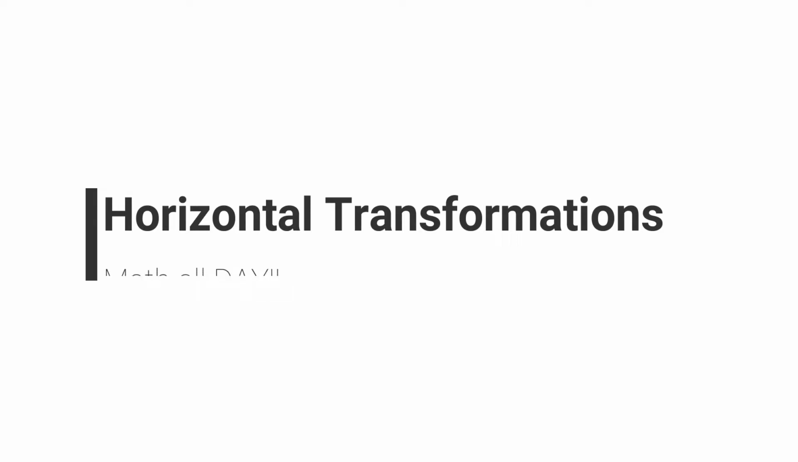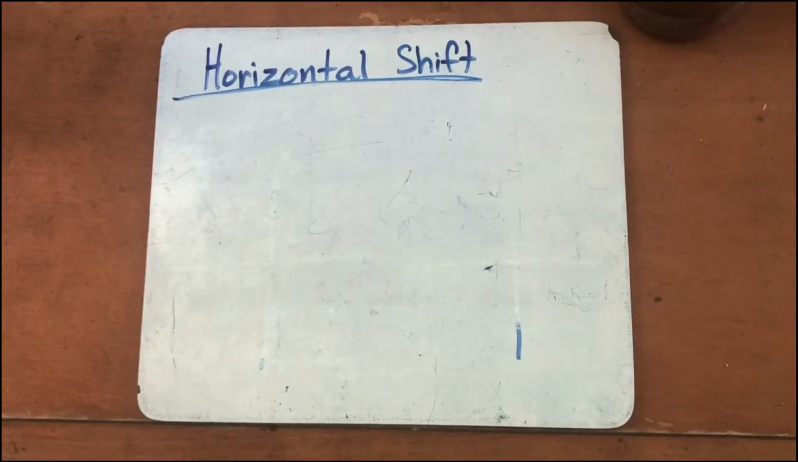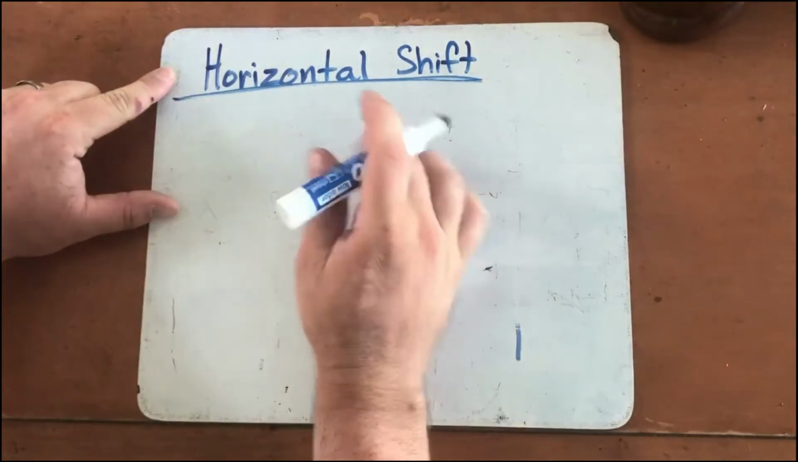Horizontal transformations. Today we're going to talk about horizontal shift of my parent functions. In my opinion, this is pretty easy, especially if we do it broken down like this, where we just do horizontal shift by itself. The important things to remember is that when I do a horizontal shift, it's going to